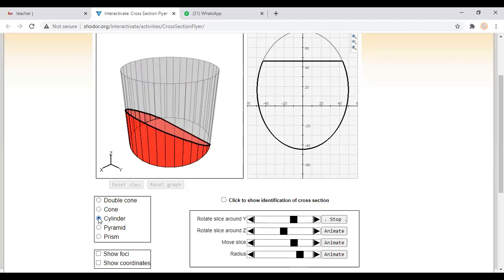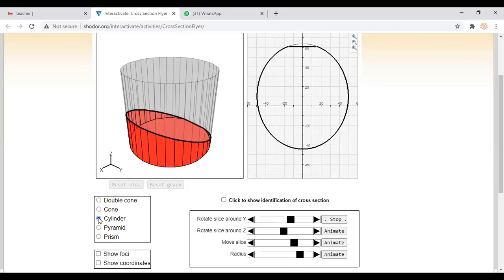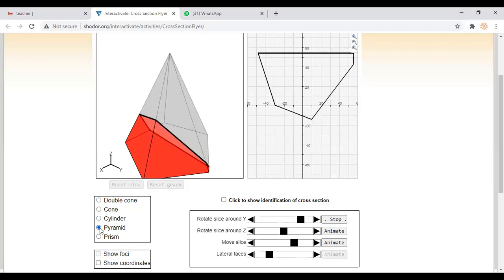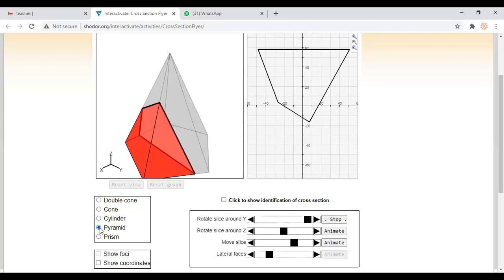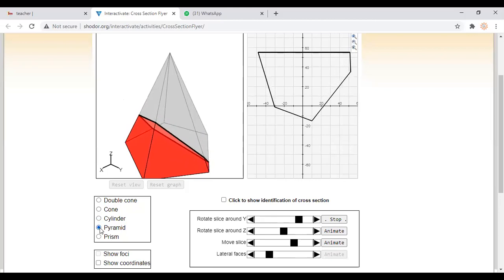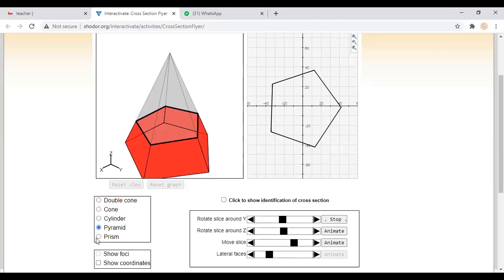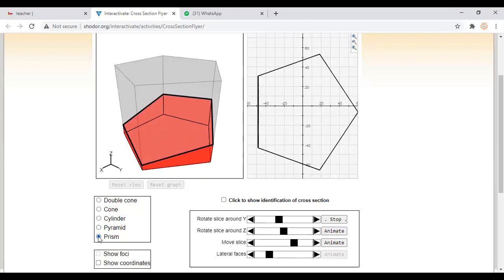And then another shape. If it's a pyramid, look at the base. The base is a pentagon. If it's a prism,